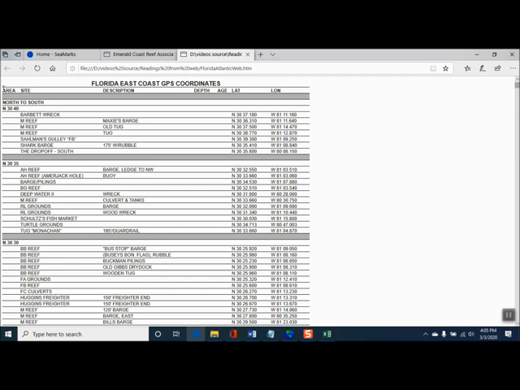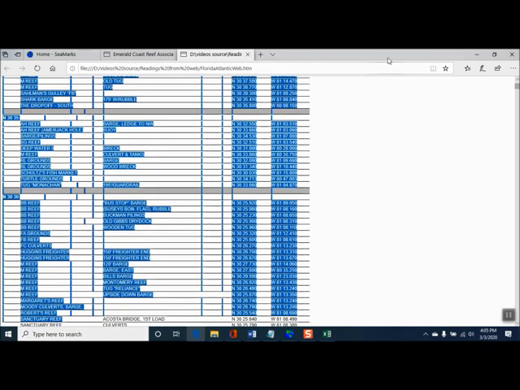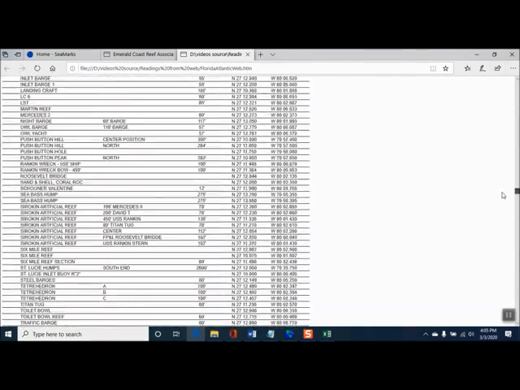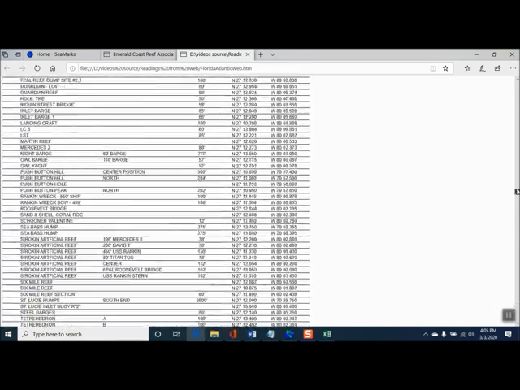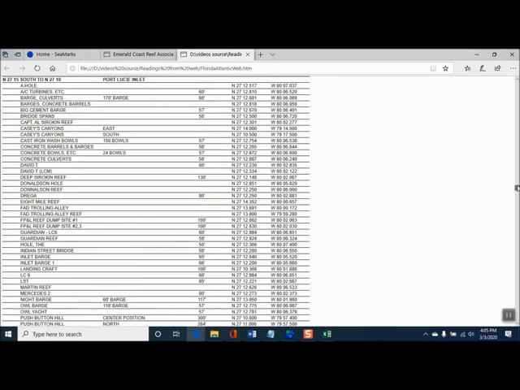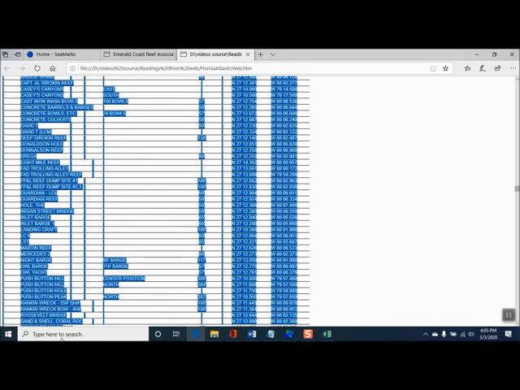We can try saving the whole thing, but it's really big. There's a huge number of things in here. Let's just try saving a representative sample here off Port St. Lucie. So we take this data, which has depths,